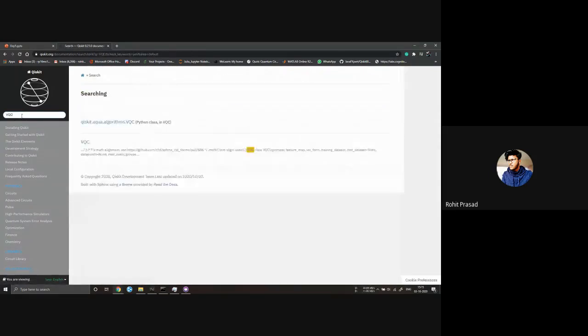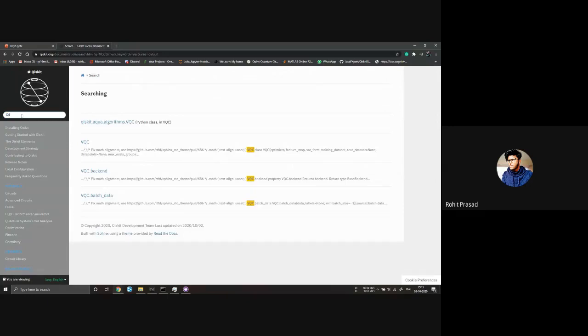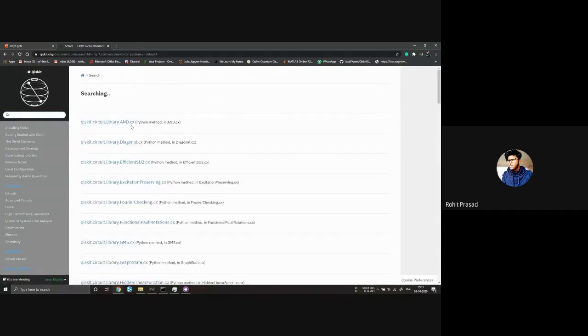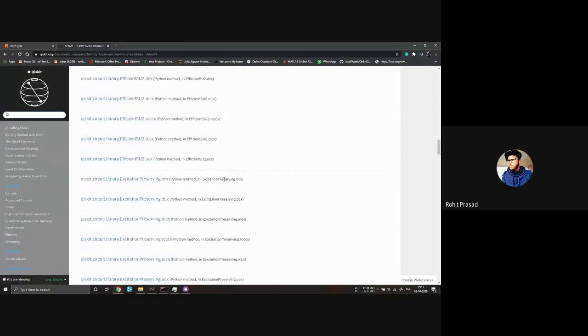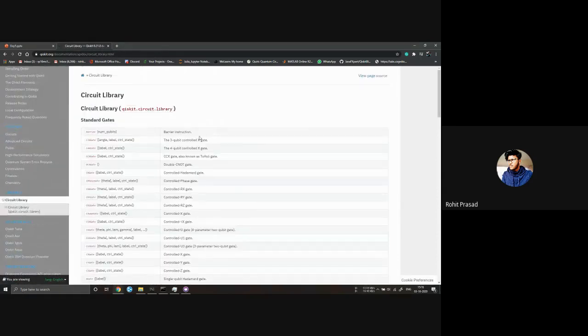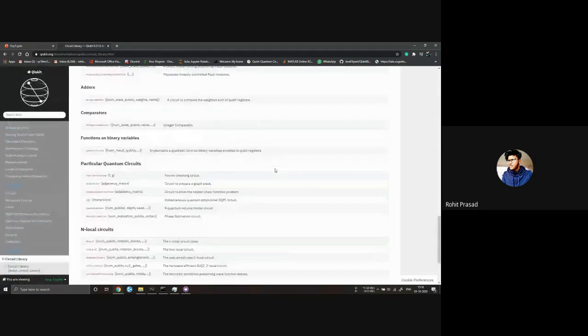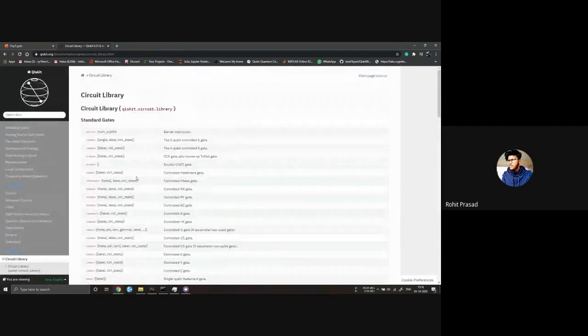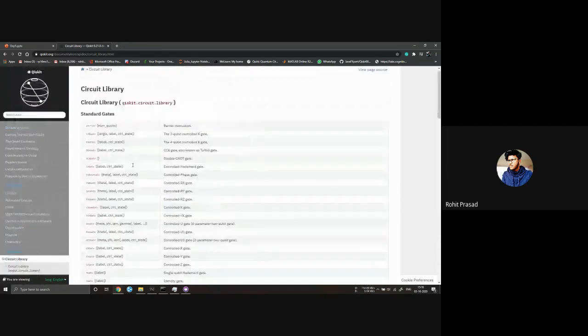It will give that too. We need to see if the CX gate exists in this circuit library. You can see it there too, like the CS gate exists. This is the library circuit. It contains every gate that can be used, from CX to RX to CH and other things. We will look at these things also.